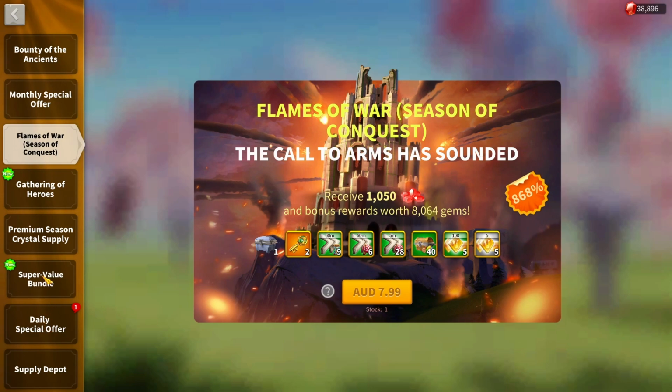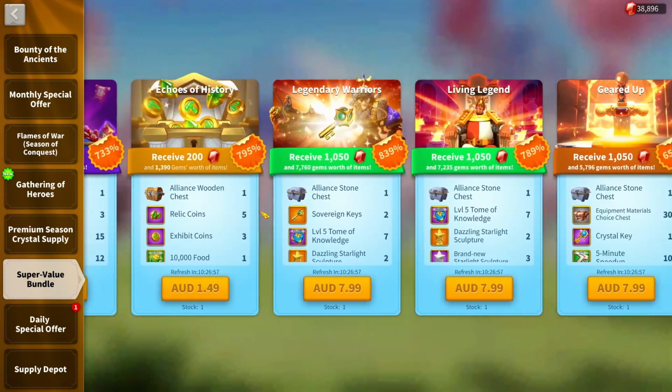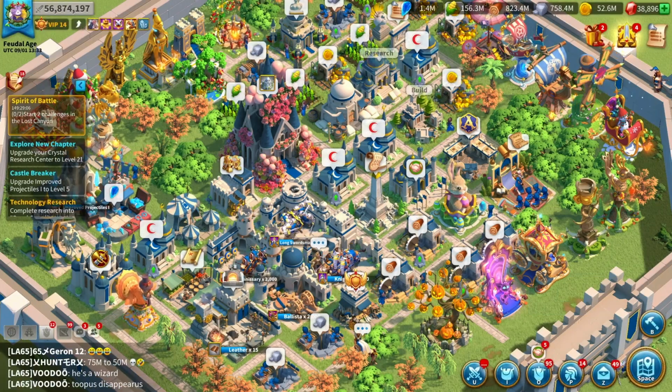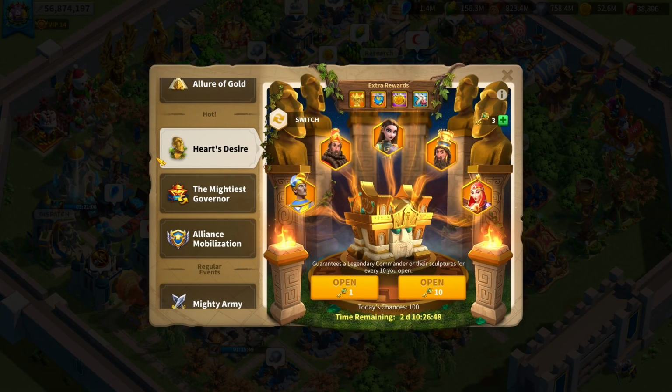I think there might be another bundle out there. I don't know exactly which one. Yeah, here it is, Legendary Warriors. This is the other bundle that gives you more Sovereign Keys, but those are really the main ways to get Sovereign Keys. The other methods, the free-to-play methods at least, are through events that will come around every now